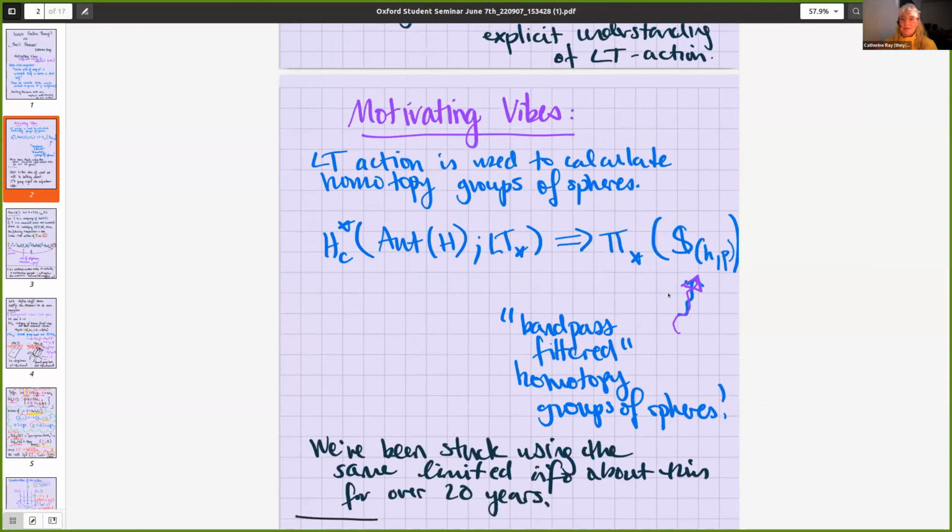The one that is perhaps more familiar to you all, or at least perhaps closer to you, is what shows up when we're trying to calculate the homotopy groups of spheres. So this group and the space show up as the E2 page of a spectral sequence that converges to the localized homotopy groups of spheres. And the idea of this localization is the following.